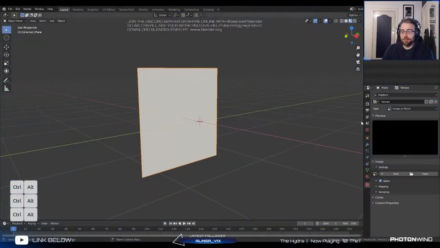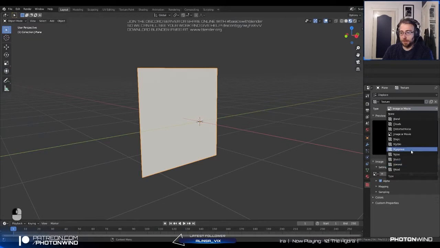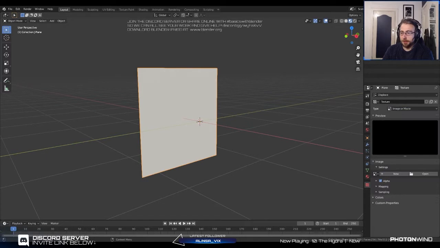Okay, so under the texture tab, we're going to load the textures, but you can also use Blender's built-in stuff to create procedural textures, and we are going to do this a bit later. But to start it simply, we're just going to say open under the image and find wherever your texture pack is downloaded, and you're going to have to extract your folder. Forgot to say, if you haven't done that, extract your zip. So I have mine